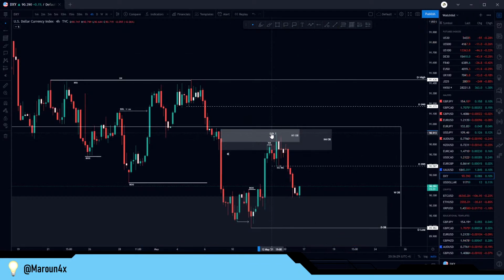This was clearly a draw on liquidity on the lower time frames. This is something that I was sharing in the